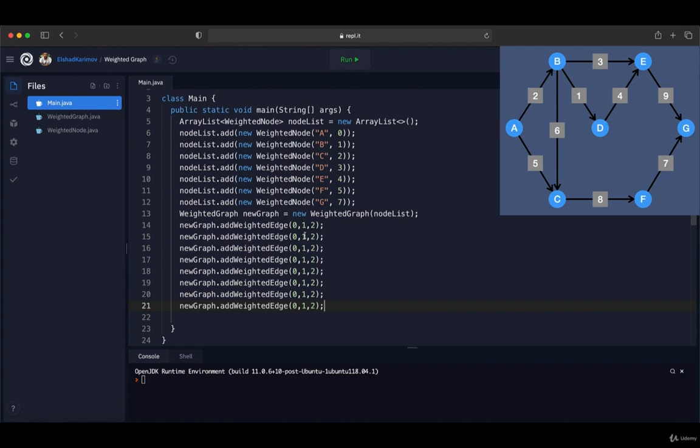Now the next edge is from A to C. So the index of A is 0 and the index of C is 2 and the cost between them is 5. And then we are going to continue to the next edge. The next edge is from B to C. So the index of B is 1 and the index of C is 2 and the cost between them is 6. Now we are going to continue to the next edge. The next edge is from B to D. Now the index of B is 1 and the index of D is 3 and the cost between them is